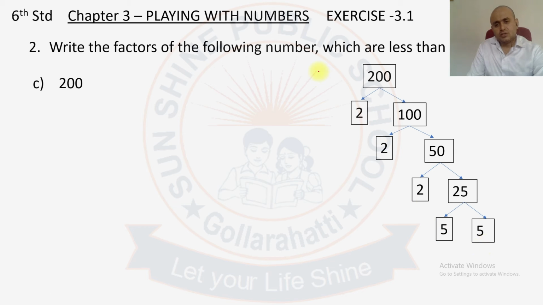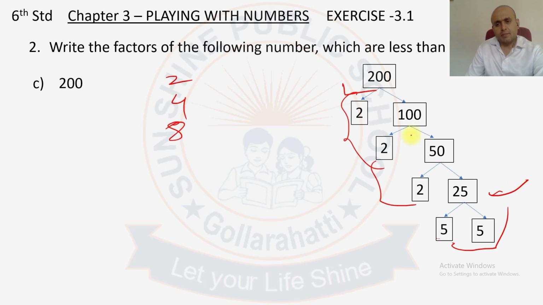The factors of 200 are 2, 2, 2, 5, 5. So let us see, 2 is a factor, one number we got, that is 2. Next, 2 2s are 4. Okay, next, 4 2s are 8, 8 is also a factor. Next, 5 5s are 25, 25 is a factor, okay, but less than 10. See, 5 2s are 10, 10 is also a factor, but since they asked for less than 10, you should write only 1, 2, 4, 8. So let us write all these factors. 1, 2, 4,